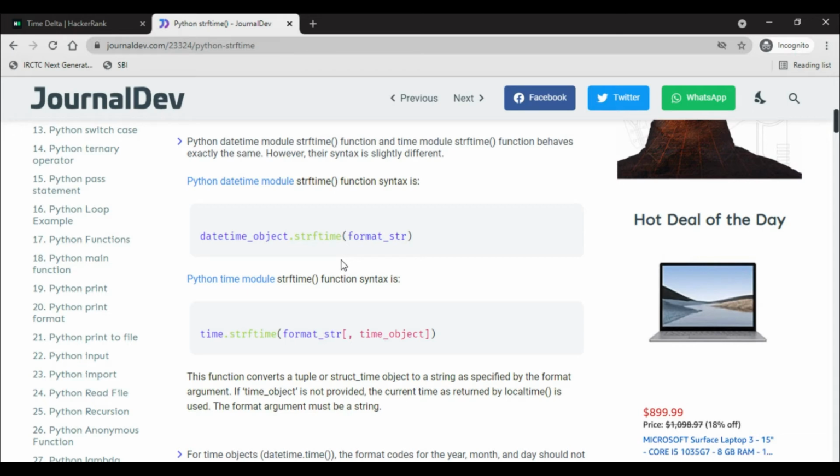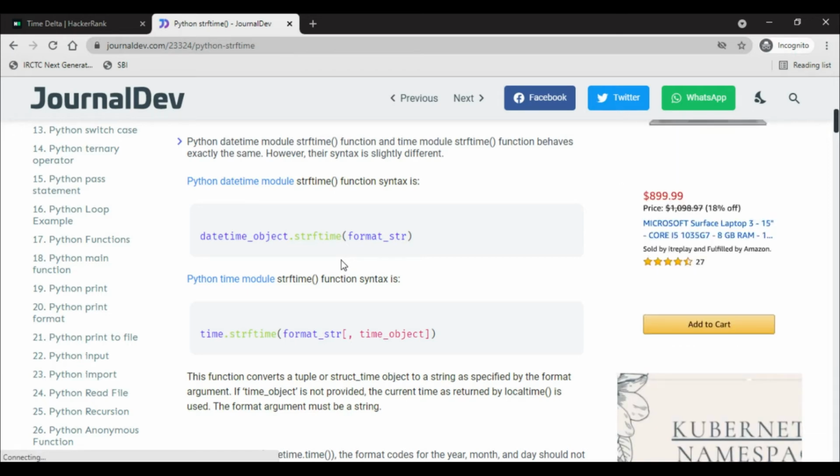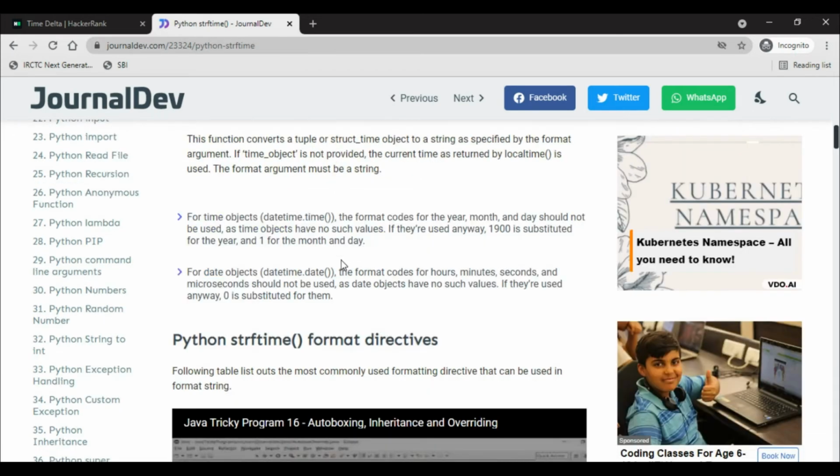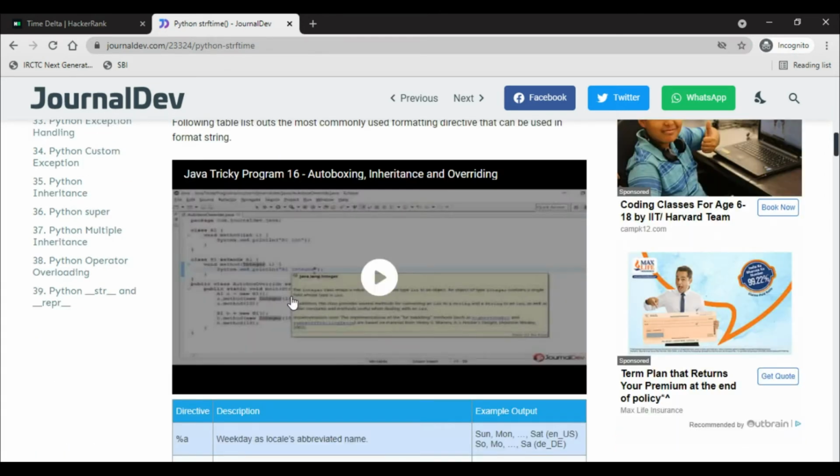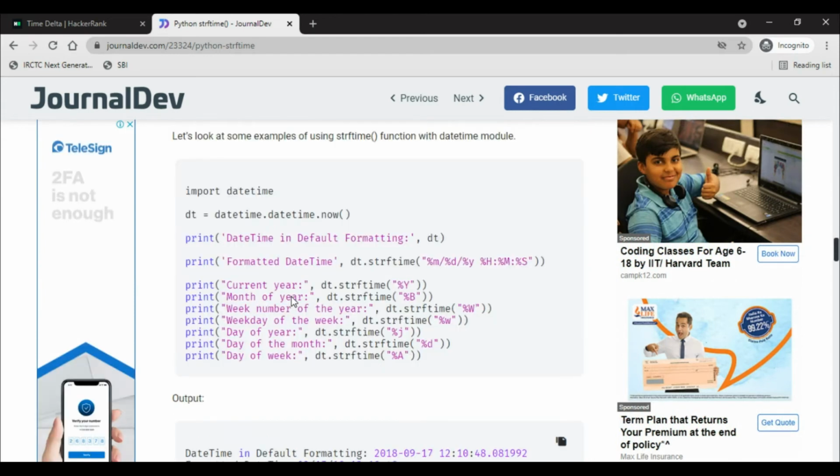Yeah, so I think datetime. So the format has to be given, and for the datetime module, what do we have to import? datetime.